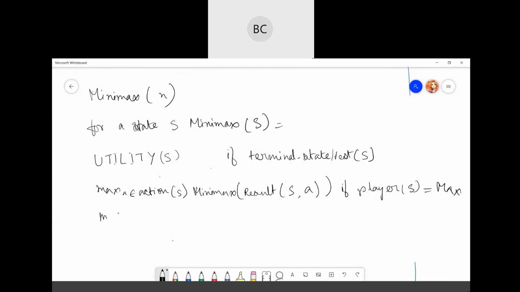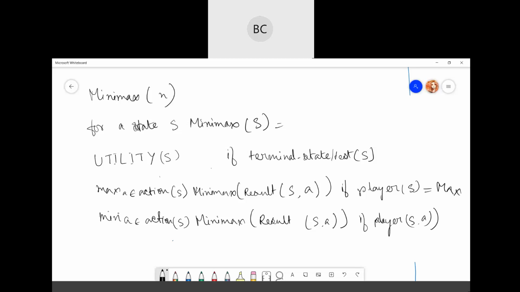Then for min, it will try to minimize over the action a, where a belongs to the actions of that particular state S, Minimax of the result of S and a, if player of S is equal to the min player.